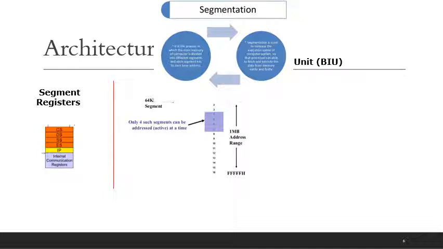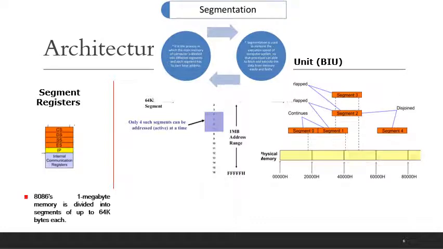Segment register. Before discussing the segment register in detail, let us see what segmentation is. Segmentation is the process in which the main memory of a computer is divided into different segments and each segment has its own base address. Segmentation is used to increase the execution speed of the computer system so that the processor is able to fetch and execute the data from the memory easily and quickly.